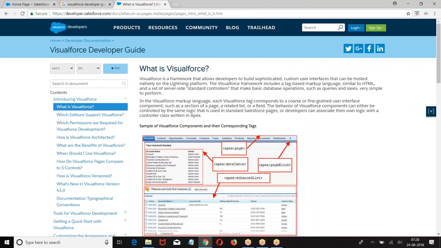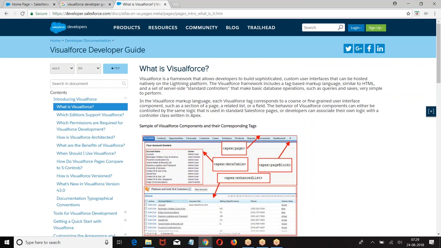If I don't want to refer to standard properties, then I will go for Apex classes, where I can build my own logic. But I also don't want to build completely custom logic. I want a combination of standard functionalities and custom functionalities. Some of the standard functionalities I need, some of the custom functionalities I need. Then I'll go for extension. With the help of these, we can build a combination of both.